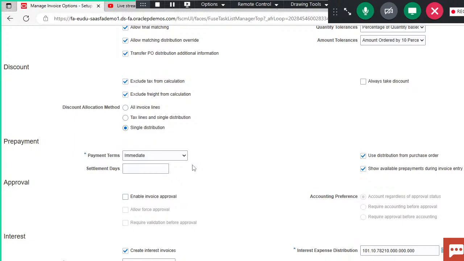So payment term will be immediate only because we are going to pay for this invoice immediately, so that it is available for the use of our standard invoices, right? So payment term is defined as immediate. Then you need to enable this use distribution from purchase order, as well as show available prepayment during invoice entry. So what this option will do is, when you create a standard invoice, if there is any prepayment at the time of creating invoice, then it will give us a notification that there is a